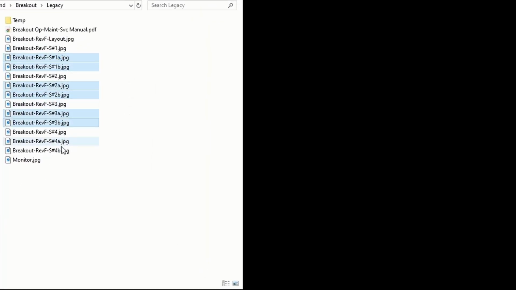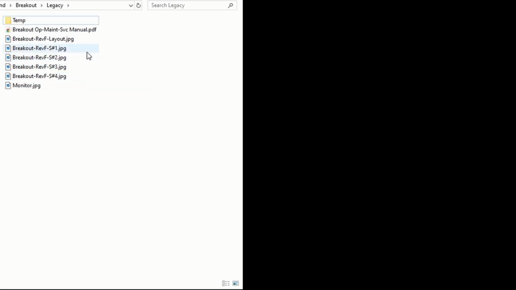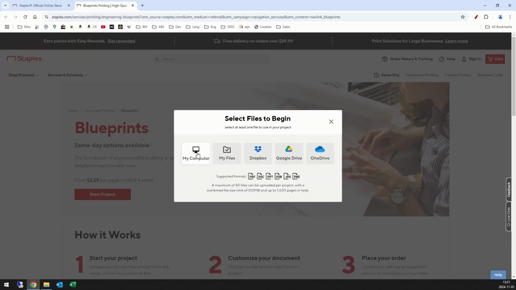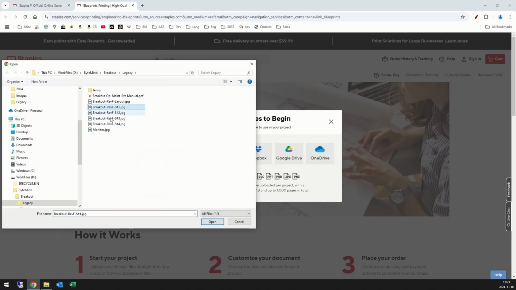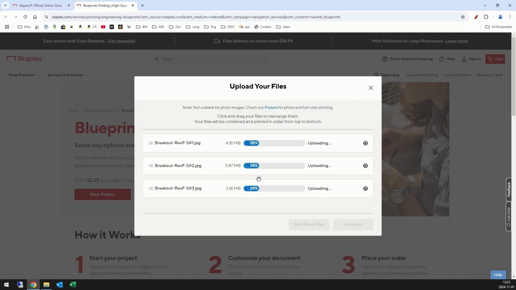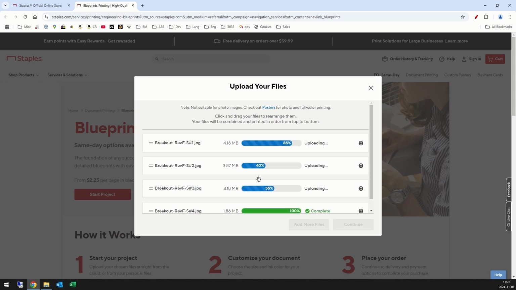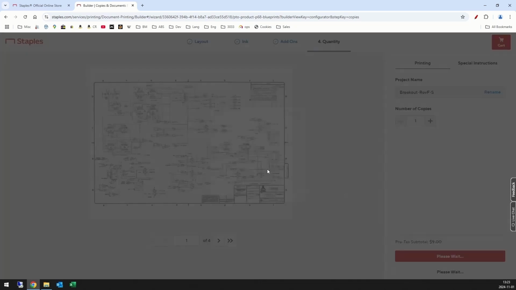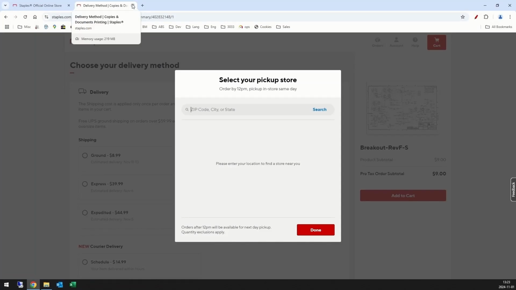Let's kill off the half files and drop these 4 images into GitHub. One great thing you'll find is that many of your local office supply stores can print these. Let's upload to Staples and get some prints. The originals are size D, basically 2 by 3 feet, which would be fun to have, but I think I'll just print a set in size C, which is more manageable, basically 18 by 24. And we should get those in a few days.